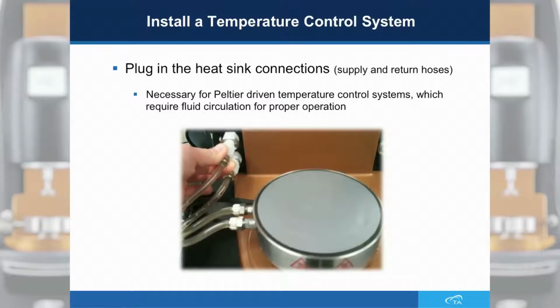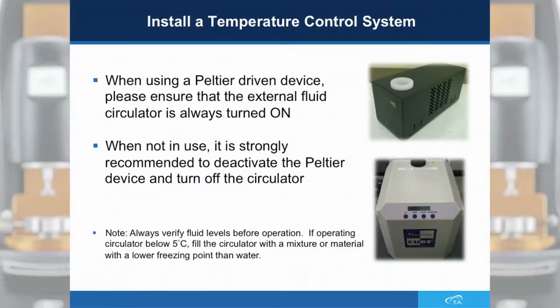If working with a Peltier-driven temperature control system, be sure to plug in the heatsink connections or the supply and return hoses because the Peltier elements require fluid circulation for proper operation. When using a Peltier-driven device, it is very important to have an external fluid circulator connected to the DHR. Make sure that the external circulator is turned on, confirm that all hoses and connections are clean and fluid level